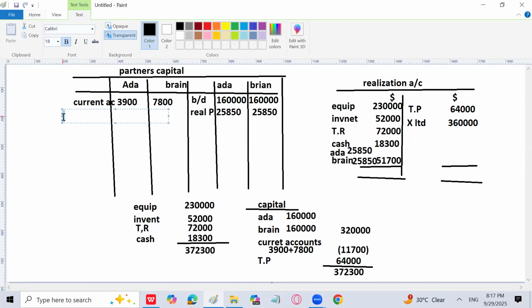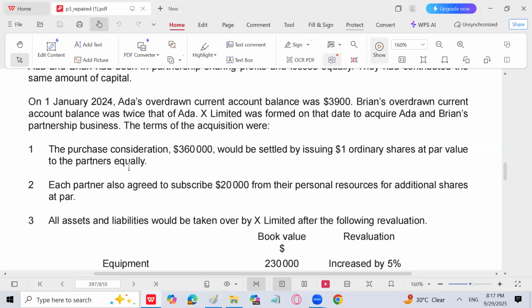Now I'm going to transfer the ordinary shares, which they are going to get. ADA is going to get the equal shares. How many? 3,60,000 is the purchase consideration. We are done with that already. And all the purchase consideration is settled through issuing shares to the partners equally. Here it is written. The purchase consideration is 3,60,000 would be settled by issuing $1 ordinary share at par value